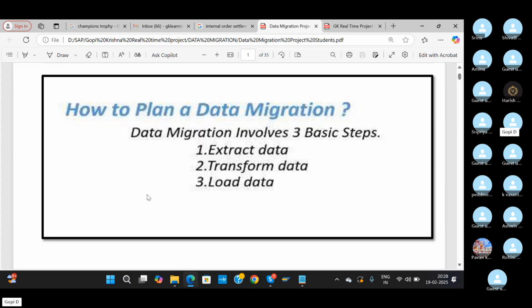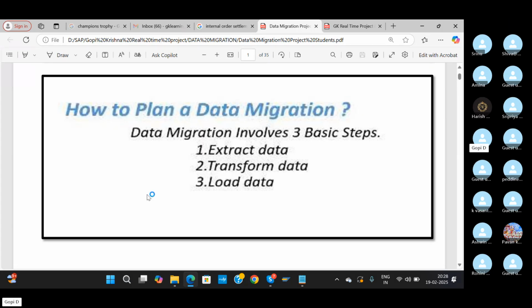Okay, so the extraction again, my dear friends, we are not responsible for the extraction of data. Being functional consultants, we are not responsible. Why? Because we know SAP, but we don't know the Oracle application, or the MFG Pro application, or the Salesforce application. Why? Because we are SAP consultants. Am I correct? So in this case, for the extraction of data, we have a separate team or